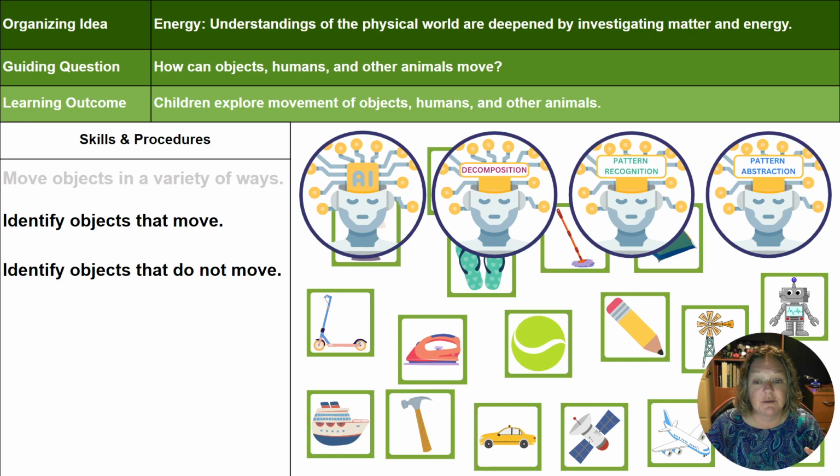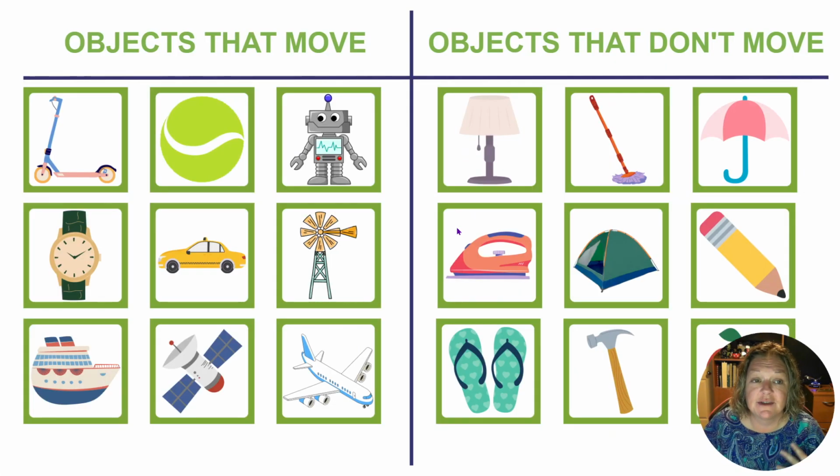We're only concerned about whether or not the object moves. So looking at something, determining, does it move, does it not, recognizing that maybe we start to see patterns like round things will roll, where flat things will not, and we can start to make connections between things that move and do not move. And then for abstraction, if we're getting right now down to sort these objects out, we've